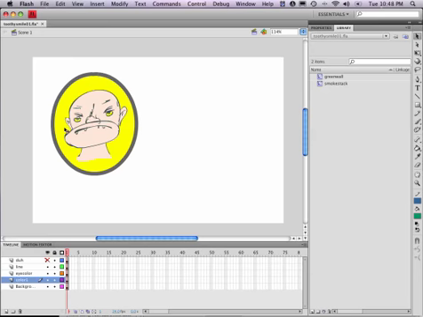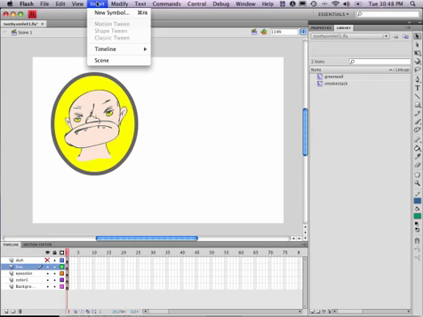Undo. Okay, so I undid everything, so I've got all these layers again. What I need to do is maintain my layers, and this is a little bit tricky. This is one of those Flash things you just get used to after working with it for a while, but the first time you do it, you have to think about it a little bit. So here's what I'm going to do. Instead of saying convert this to a symbol, I'm going to go to the Insert menu, Insert New Symbol,